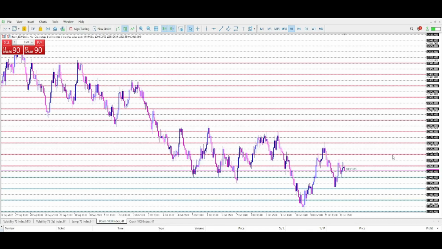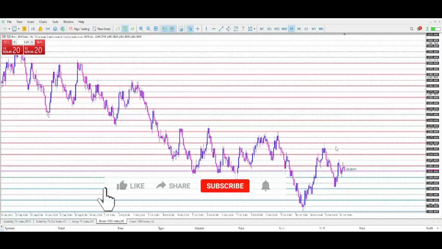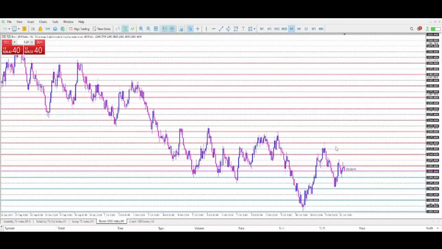So in today's video, I'm going to share the system that I shared in the previous video, but this one I've customized specifically for Boom 1000 and Crash 1000. That's because the system that I shared with you in the previous video is not automatically going to work on Boom and Crash, just because of the way that Deriv